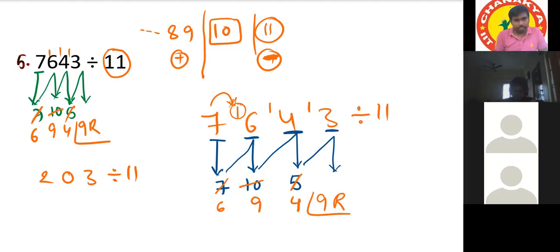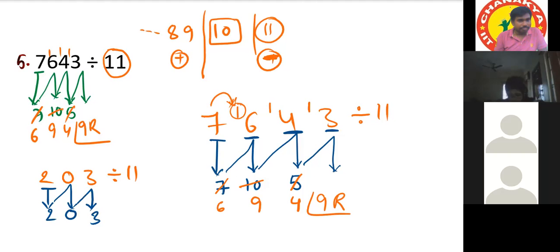divided by 11, suppose. First drop down 2. Then can you subtract 2 from 0? Sir, not like that. After subtracting, you get 0 and the upper number is not 0. How do we do that? If you get 0 in this place, then it is possible to subtract 0 from any number. 3 minus 0 is 3 only.